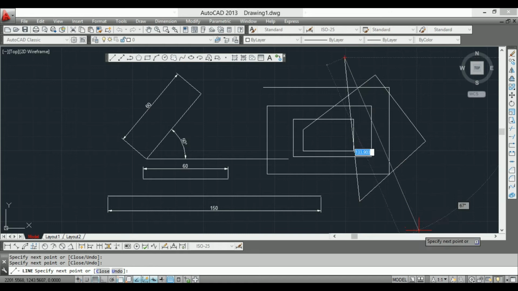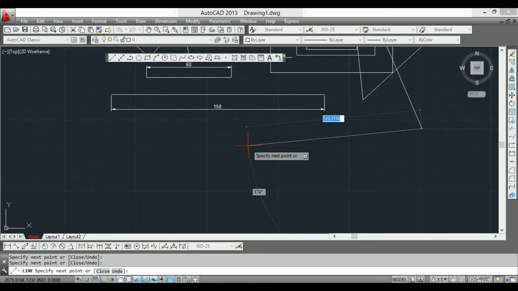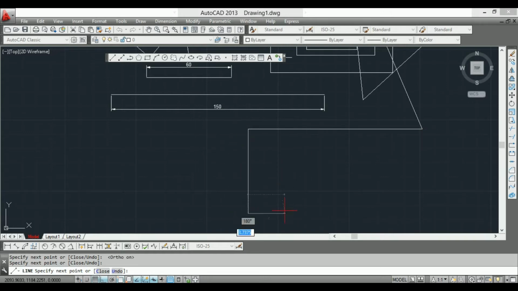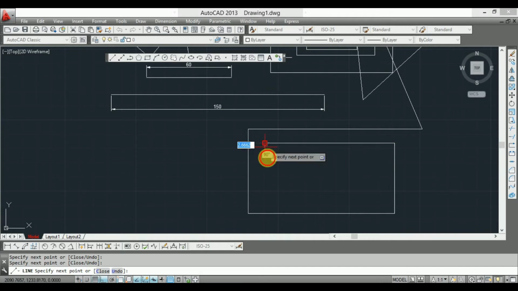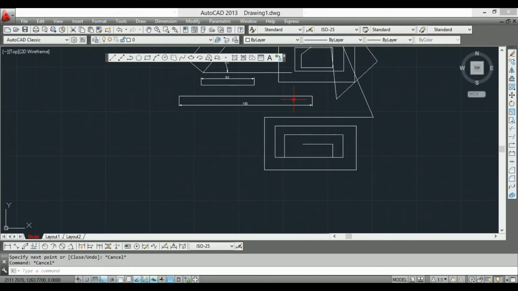If you want a straight line again, then press F8 again, and your line will be straight. Wherever your cursor goes, your line will be straight like this. Guys, you can see it.